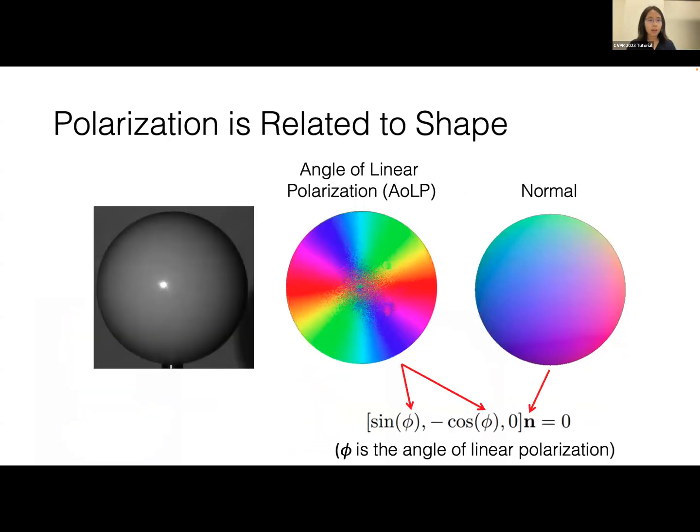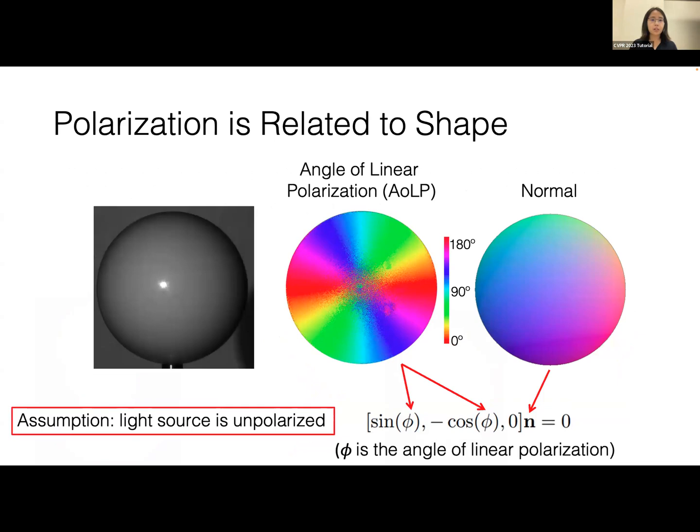Again, polarization is related to shape, and there's an underlying assumption: the light coming from the light source is unpolarized, which is true in many cases. Light that comes directly from either a natural source or a man-made source, like the sun or a light bulb, is unpolarized, meaning the polarization is along random directions. With such a light source, the angle of polarization you capture is related only to the shape of the surface, that is, the surface normal, which is helpful for shape estimation. But unfortunately, in the real-world environment this is not true, because we have other light that is not